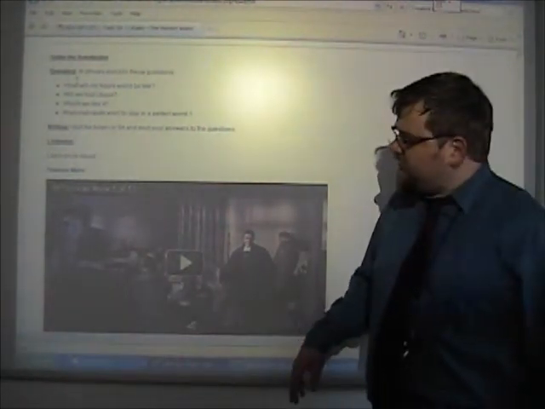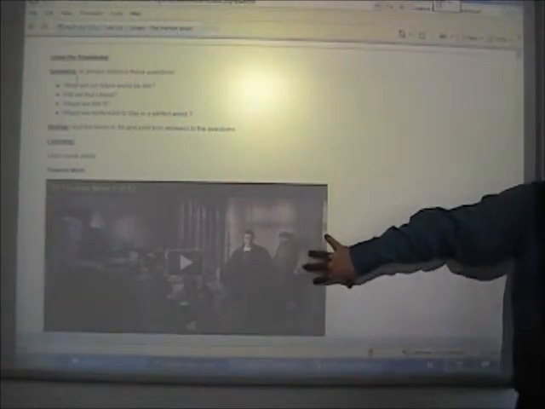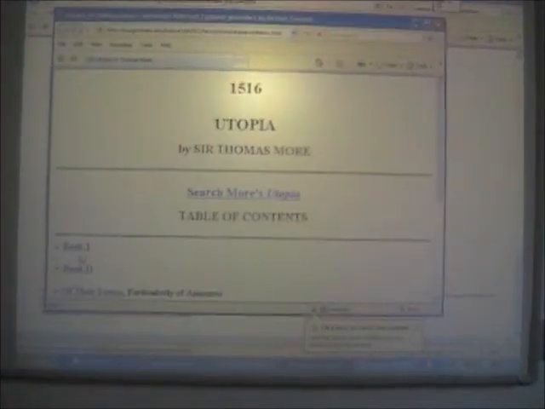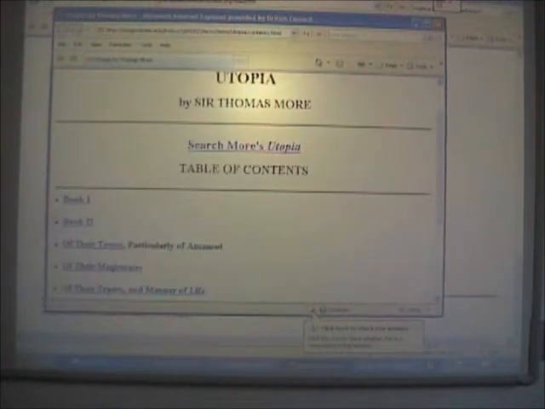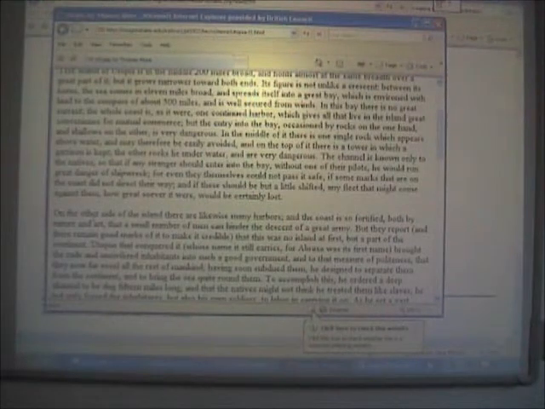And there is reading as well. They can either watch the full movie about Thomas More, or they can do the speaking activity, discuss it during the break or in class, or with someone who knows English in their family. Talk about this, or on Skype. Some of them chose Skype. They took the Skype ID, so they just hooked up and talked about this. Or they could read the full text of the book, Utopia, copyright free, written 500 years ago, and 2 students chose to read the book.